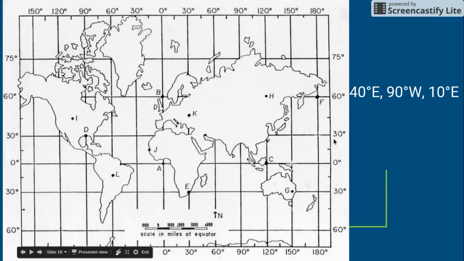So you start with your east coordinates, whichever number is the highest, that's the most east, and then you work your way over to the next biggest east, which would be 10. So really, if you're trying to